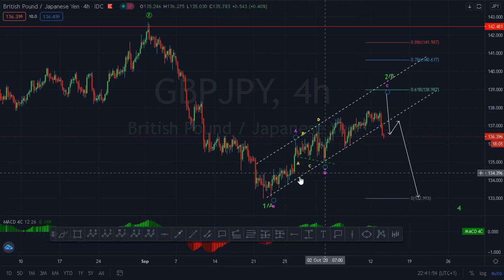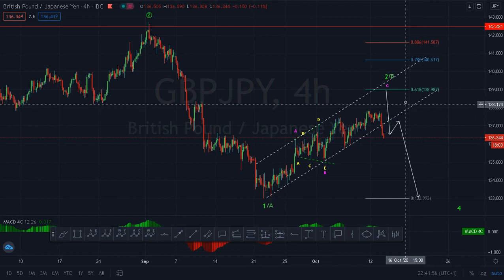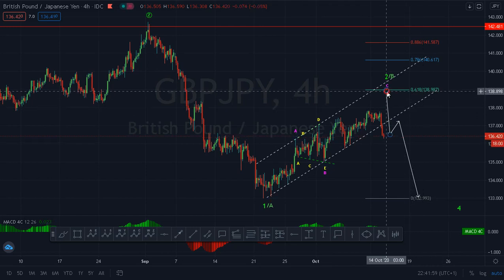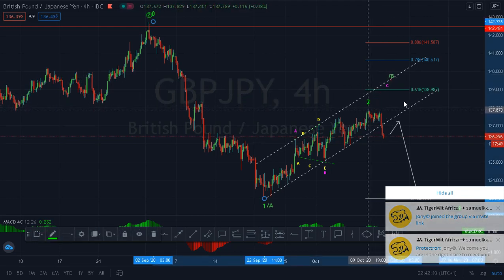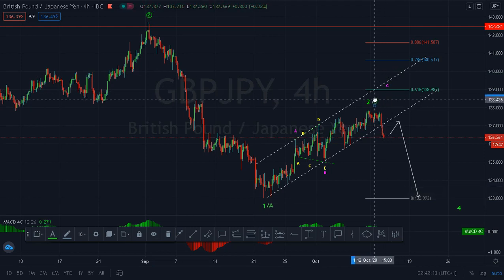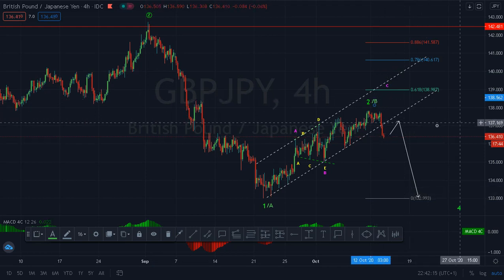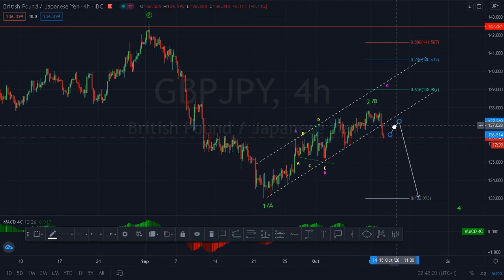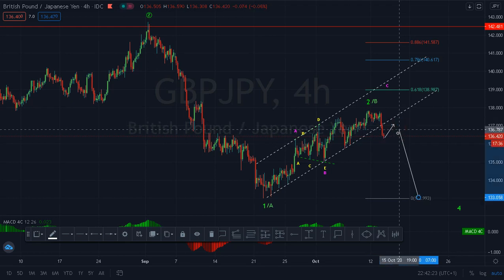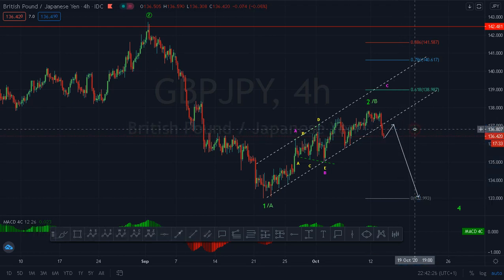I think I said yesterday, if this line is broken, we forget about buying. So this channel has served its purpose. What we have here is that this B or 2, sorry, this B or 2 has ended. So if we have a decent pullback or flag, we join sellers. It's not yet late. When the market moves and you haven't entered, don't say that you have missed it. No, you haven't, because